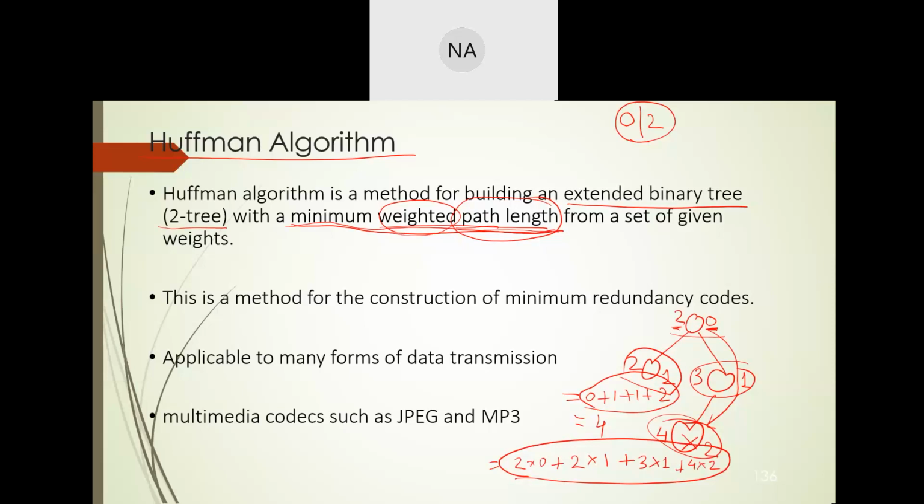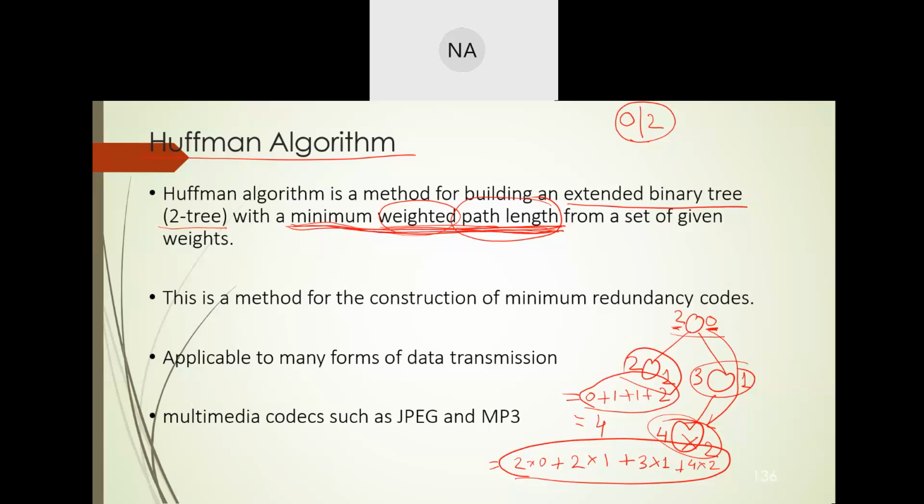So the Huffman algorithm basically constructs an extended binary tree with minimum weighted path length, right? And this algorithm has